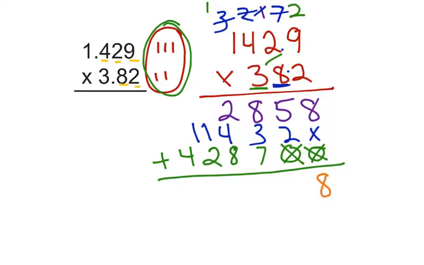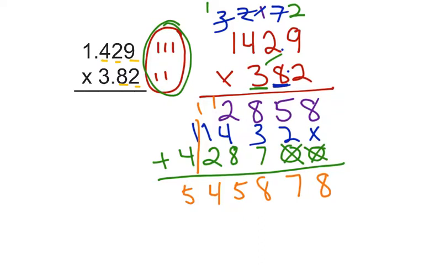I have 8 plus nothing, 5 plus 2 plus nothing, 8 plus 3 plus 7, 18, and 1 plus 2 plus 4 plus 8, 15, 1 plus 1 plus 2, I have 4, and 1 plus 4 is 5. And I apologize that these two kind of don't look that aligned, but make sure that you're being careful on how you align everything. So now I have this huge number,